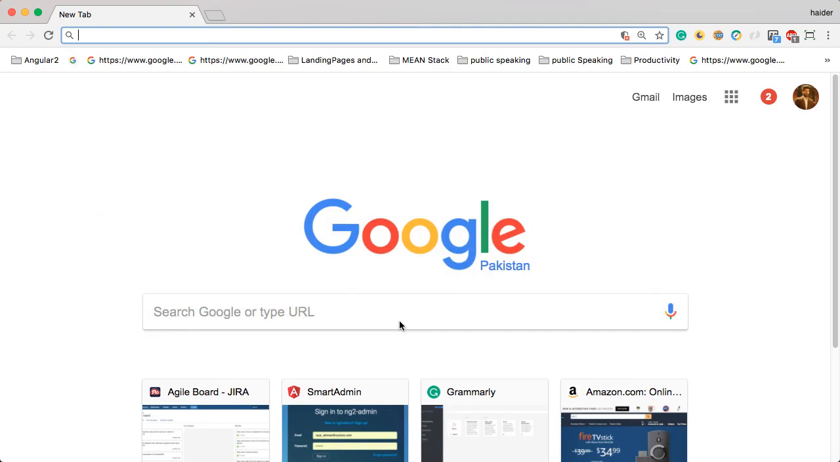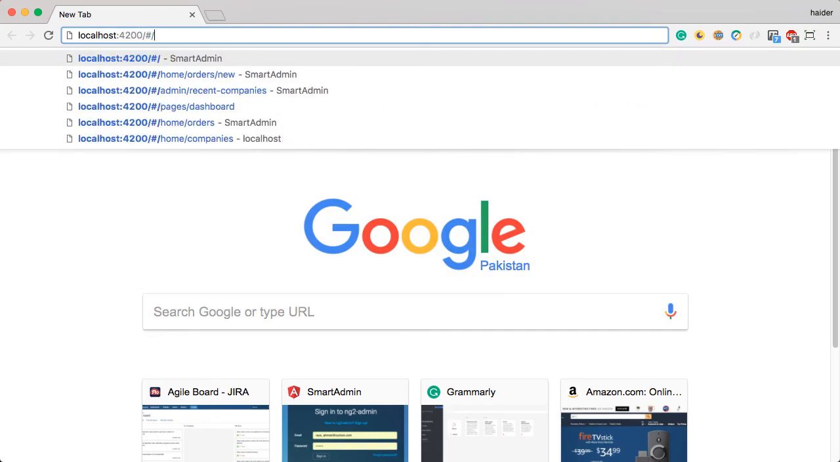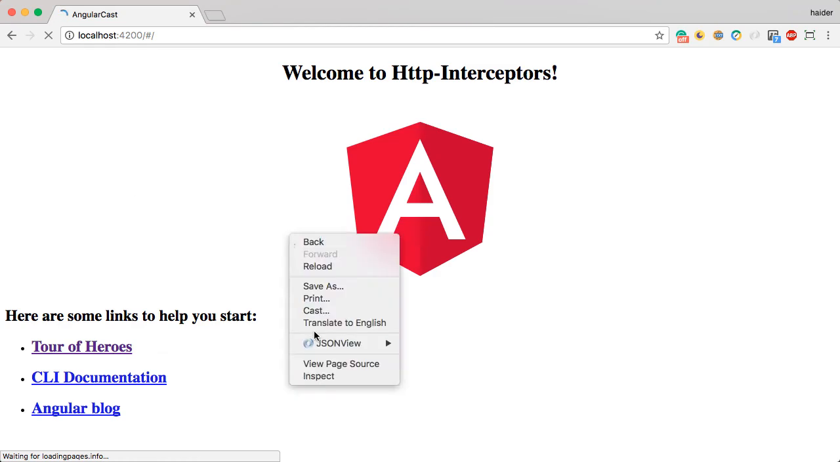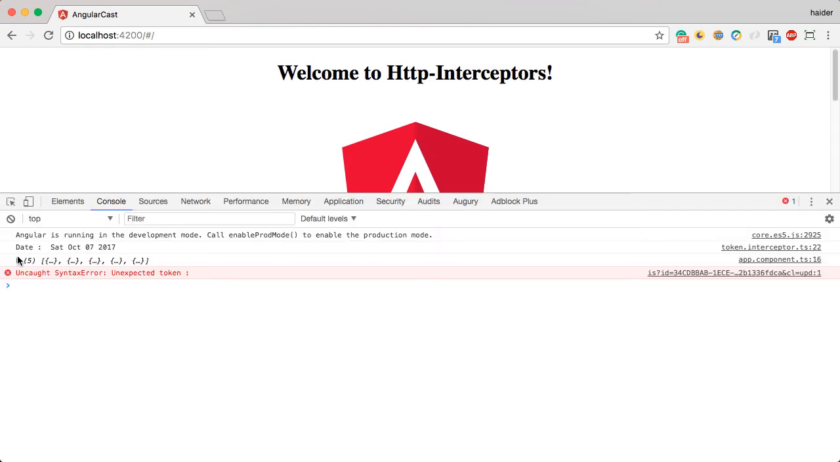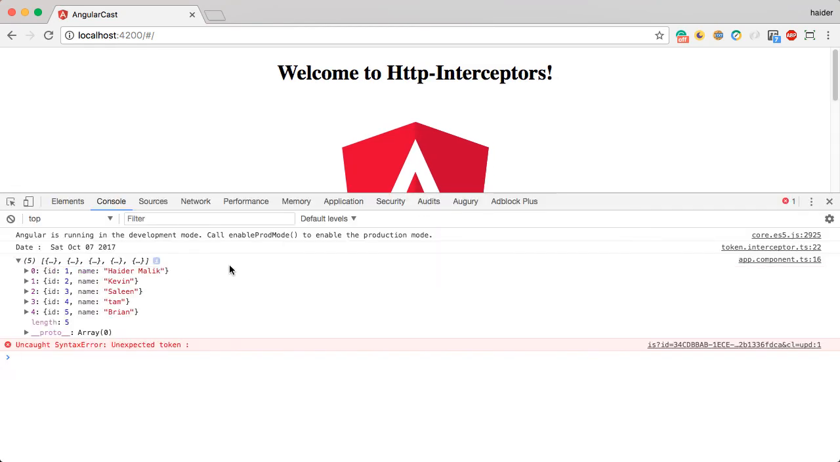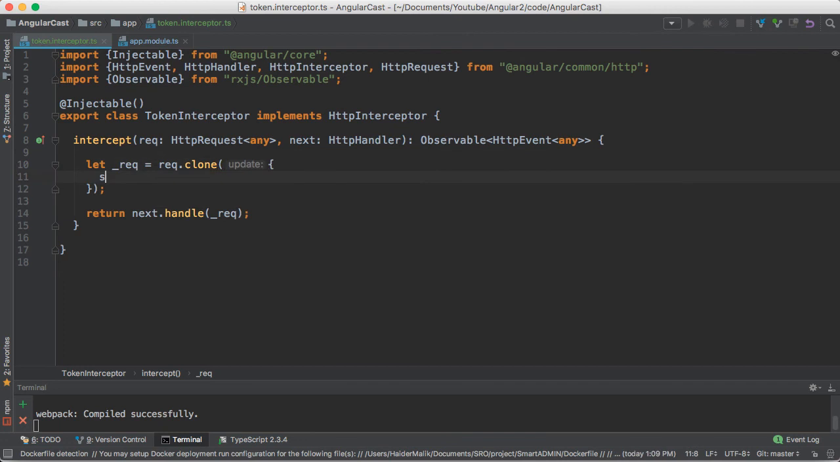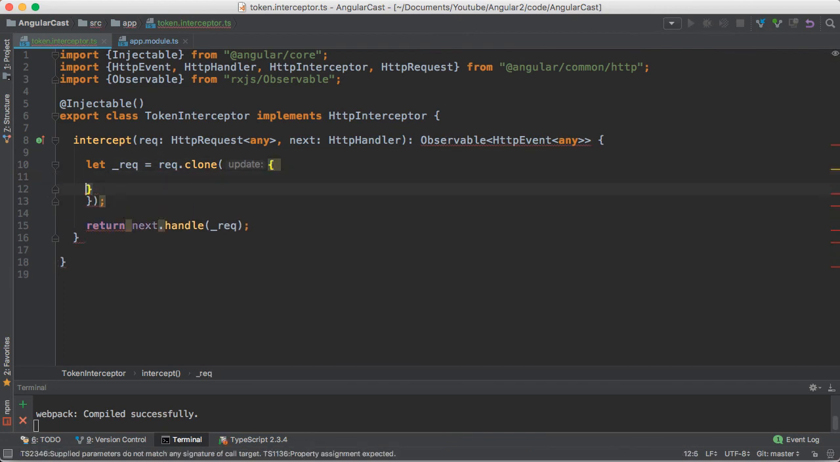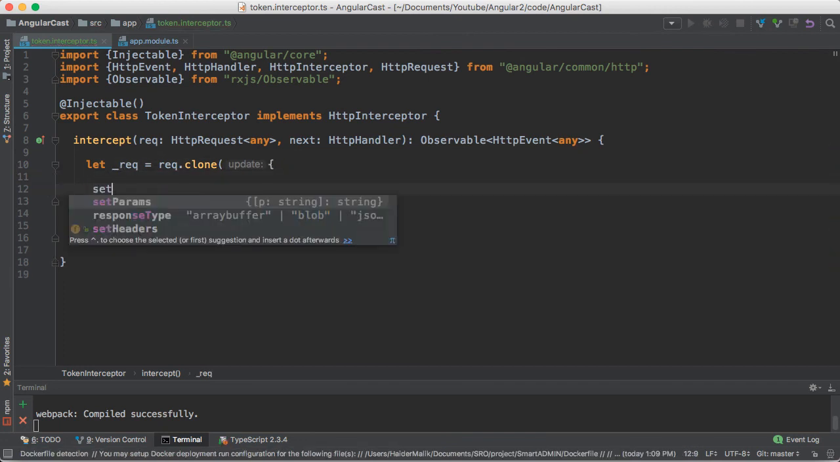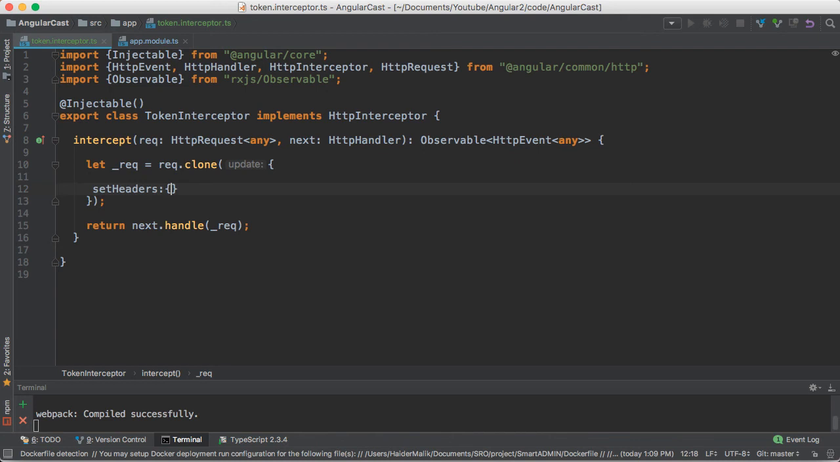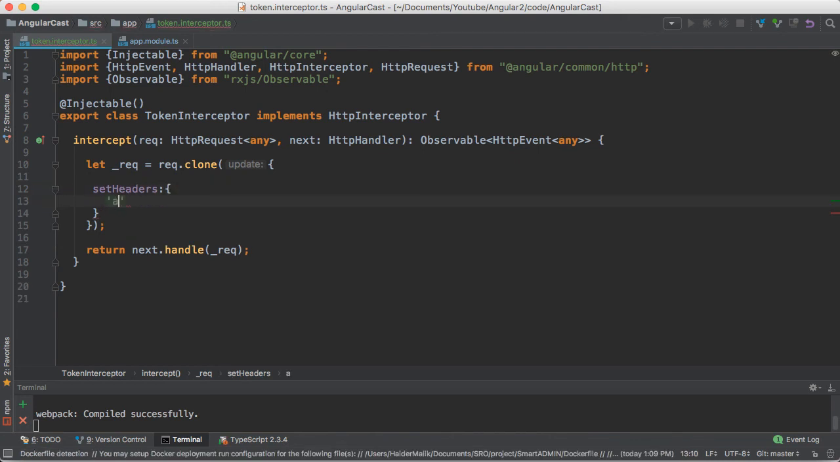Let me go to the browser and go to localhost 4200. You can see that it has successfully logged all the users. Now I'm gonna customize the request. I'm gonna add a header here. If you want to add a header, you need to use the setHeaders property. It will be an object. Here I'm gonna add the header,